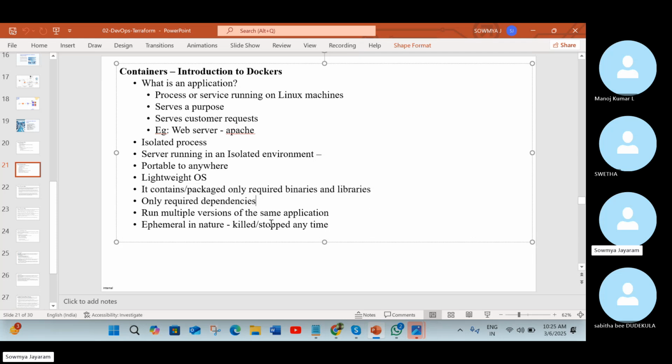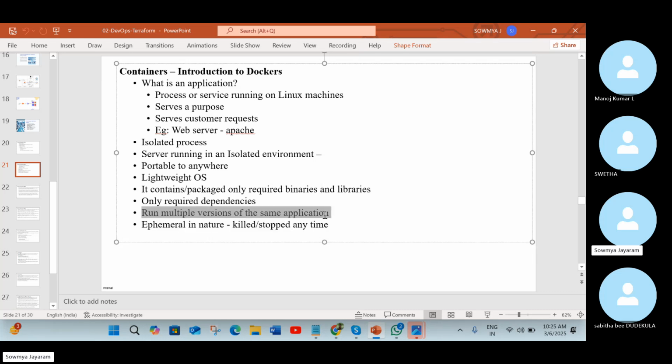You will also have the required dependencies. If I download Python, the latest versions and dependencies will be inside the image. You can run multiple versions of the same application.